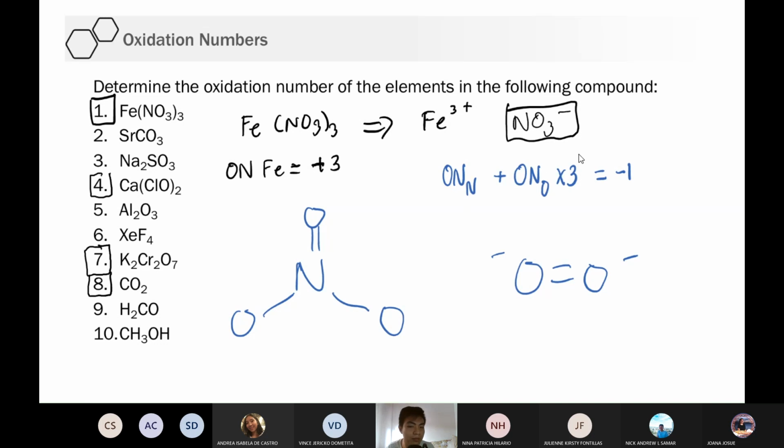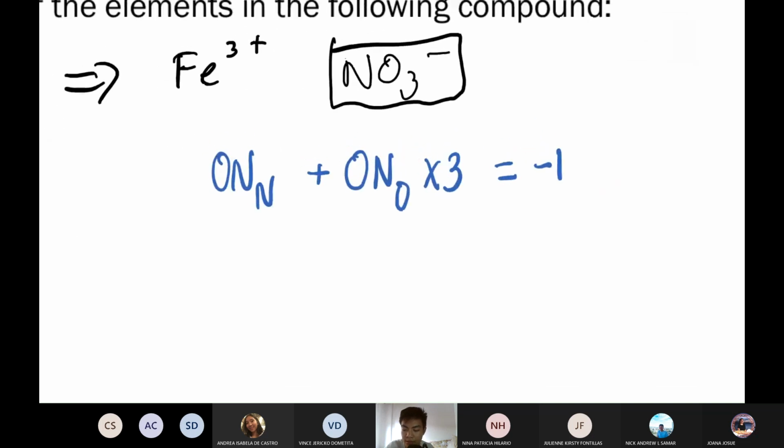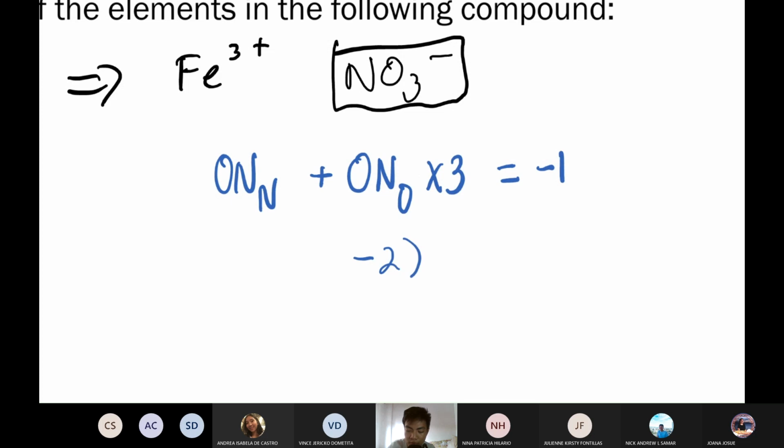Again, how do we know if there is a peroxide? Look at the Lewis structure. If the oxygens are beside each other, that's a peroxide. But if they are not beside each other, it's not a peroxide. For example, this oxygen is bonded to nitrogen, same as this one. So they are not peroxides because they are bonded to nitrogen. That means their oxidation number is negative 2 according to the table. So we just learned that oxygen is negative 2.